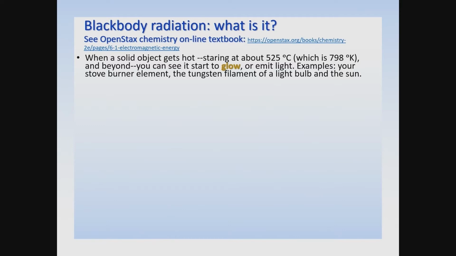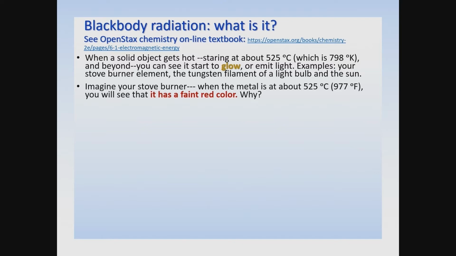So let me give you an example of that. Let's say that you are in your kitchen and you're looking at the burner of your stove. And the burner, to start with, is at room temperature. There are going to be steel molecules in that burner, and they're going to be vibrating back and forth at room temperature. As it turns out, any kind of atoms or molecules that are vibrating back and forth in place,